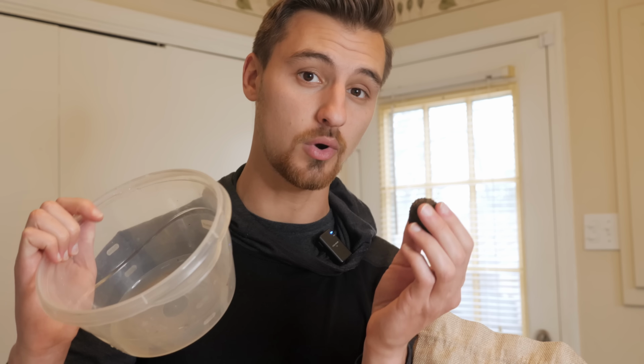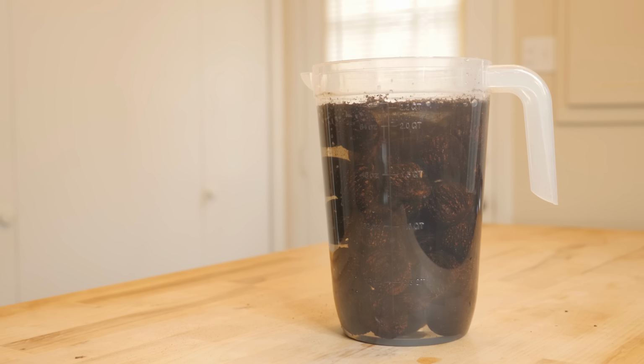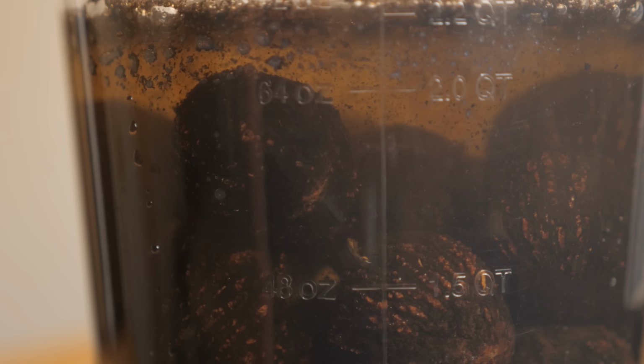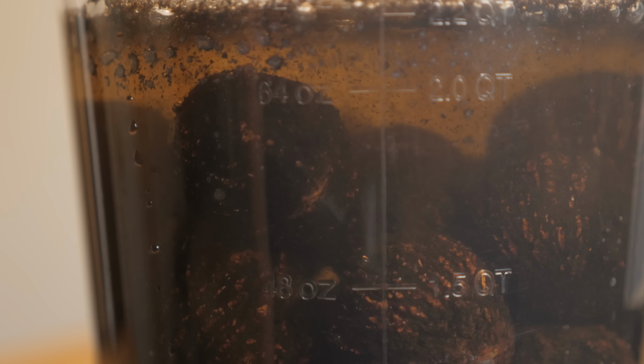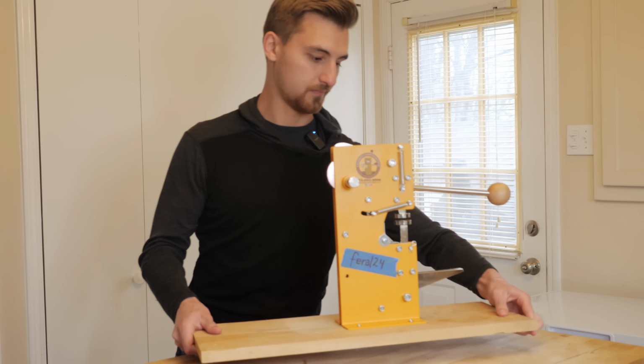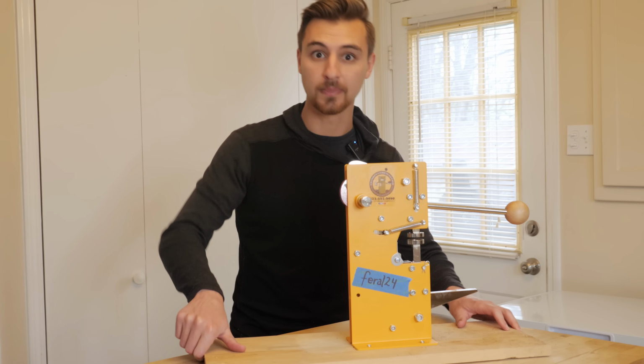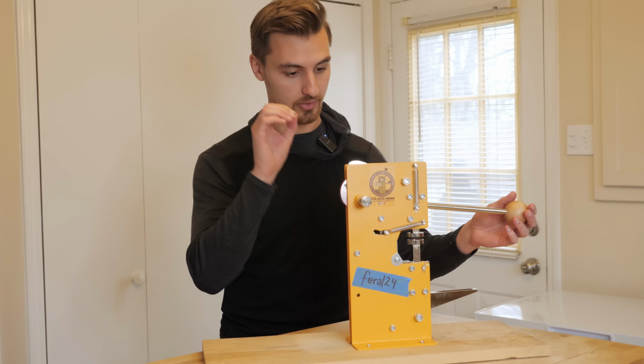This is going to sound very strange, but I want you to first take your walnuts and put them in a container with water to soak. You heard me right, to soak. Just trust me, you'll see why. Okay, check this thing out. So I actually got that tip about soaking the black walnuts from the people who make this machine right here,